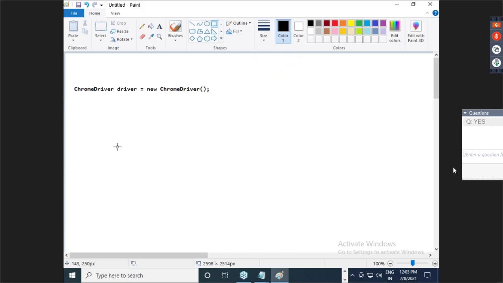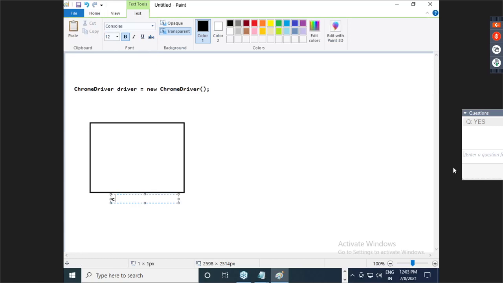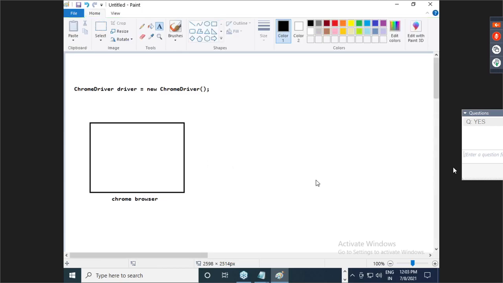Whenever you run this piece of code, the browser will launch. Okay. So let's assume it is a Chrome browser. Now guys, here, how it is working, that I want to explain to you.